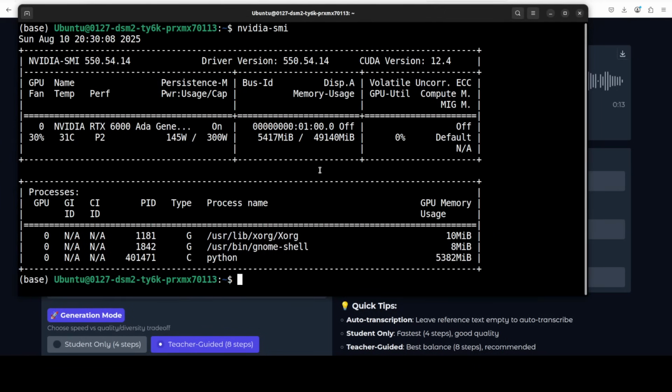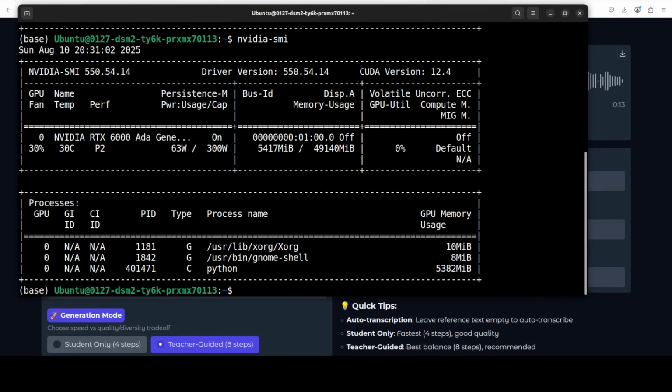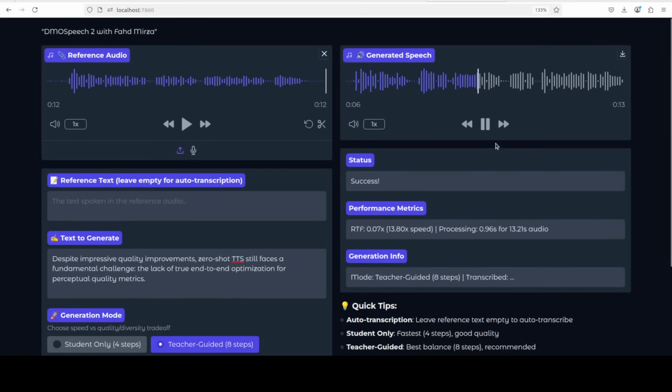Despite impressive quality improvements, zero shot TTS still faces a fundamental challenge: the lack of true end to end optimization